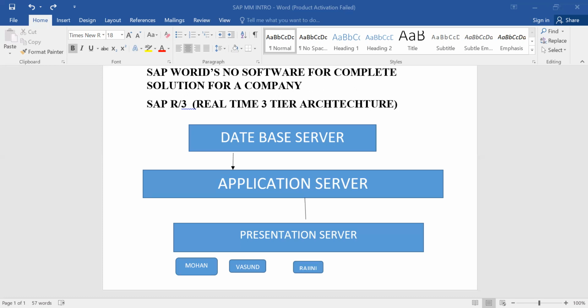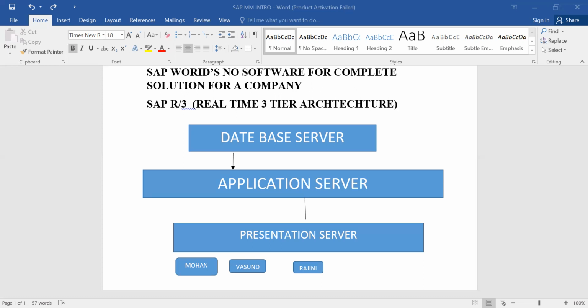SAP ABAP. What is ABAP? Please tell me. This is technical and coding will be there, like Java, Python, C, C++. ABAP is Advanced Business Application Programming.